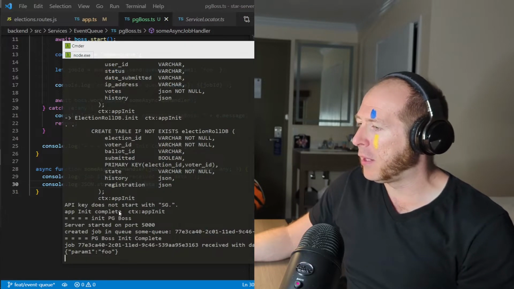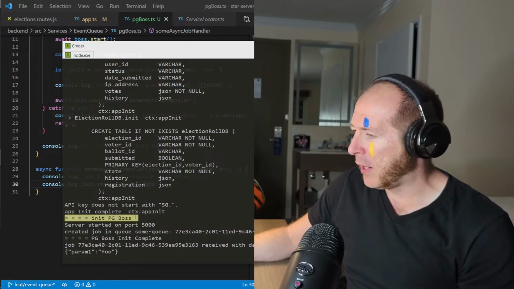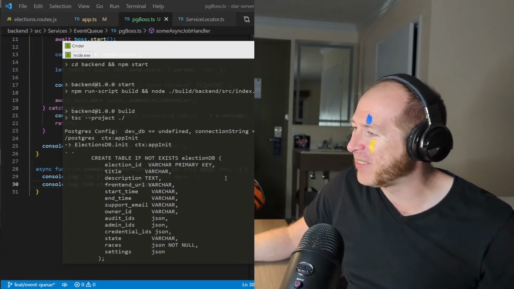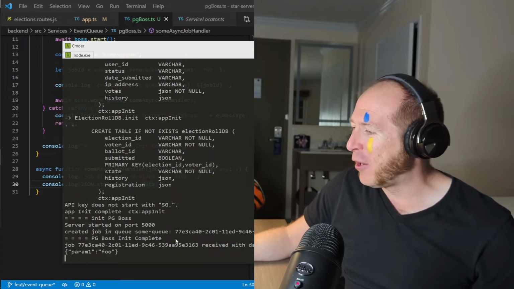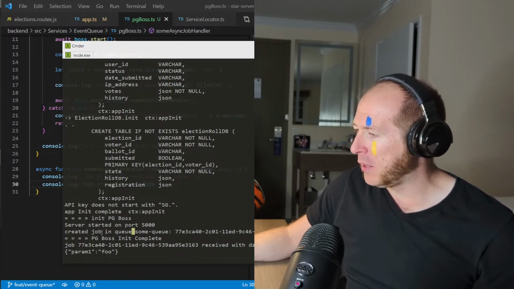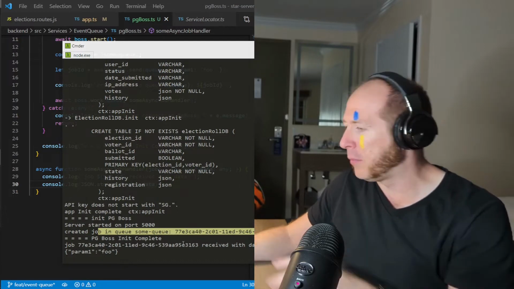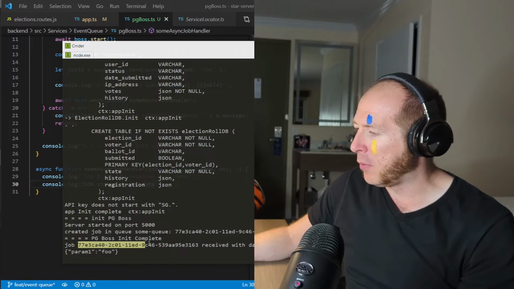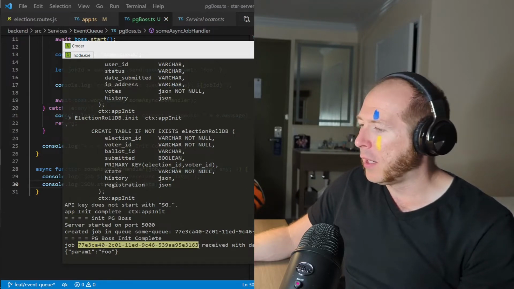And we see here after doing an npm start, I added some extra console logging just to make sure I saw it and it wasn't lost in all of this. But it does, we call the init. It creates a job in a queue, some queue. We'll look into more detail how to specify that maybe. And then we see that there is a job with some, it looks like a UUID, and it's got a